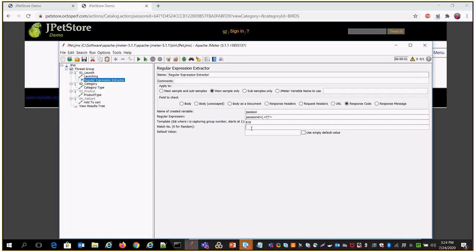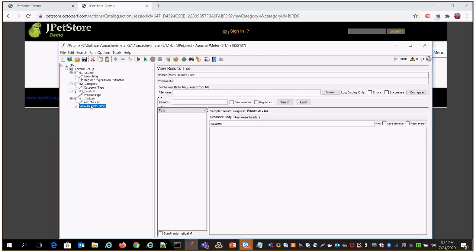There you need to give the match number 2, so it will pick up only the second value for the JSON ID or whatever correlation you want. I am not putting that here. Then the default value is what should be returned if nothing matches your correlation. So those are the meanings of all these fields.